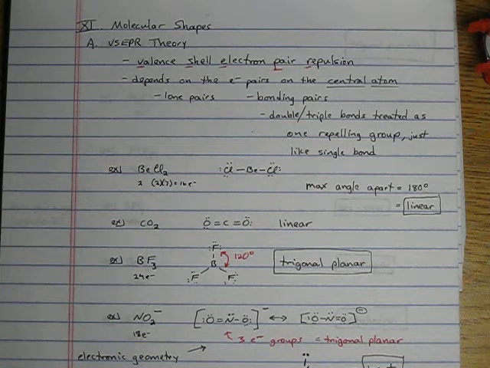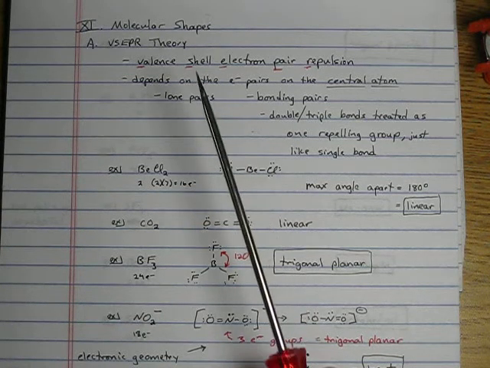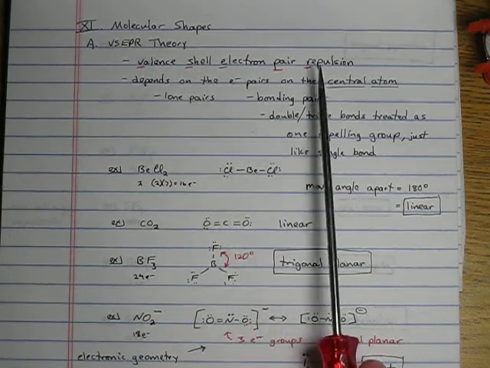Okay, let's move into the next chapter now, chapter 11, the shapes of molecules. Recall we've been doing Lewis structures to look at where the electrons are in the molecules and all that type of stuff. Now, how can we get a Lewis structure and from that determine the shape of the molecule? What does it look like in 3 dimensions? All right, and the theory that tells us what molecules look like is VSEPR theory, valence shell electron pair repulsion